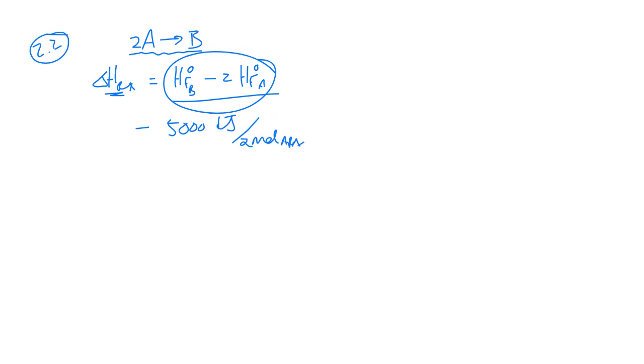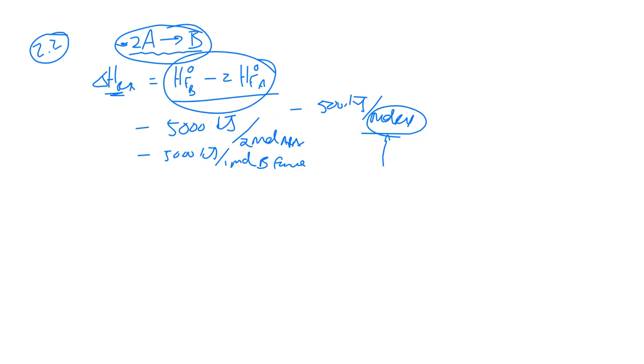That's a legit unit system. Or it is equal to minus 5,000 kilojoules per 1 mole of B formed. Or it is minus 5,000 kilojoules per mole reaction. And this is what I recommend, because this is the energy balance basis that everybody who passed CTD is supposed to be familiar with: I am not going to manipulate my reaction stoichiometry when I calculate the del H reaction. So I actually calculate it per mole reaction.